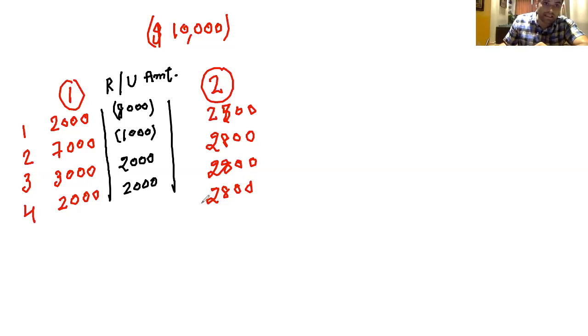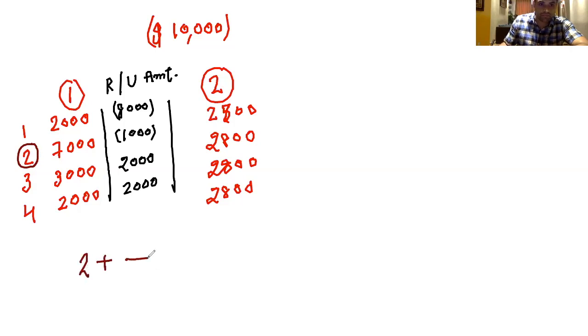Formula is year before full recovery. So can you tell me in which year we have full recovery? What is full recovery year? Year 3, right? We recover in year 3. So year before full recovery is year 2, because third is a full recovery. You can see that already recovered. So year before full recovery is 2